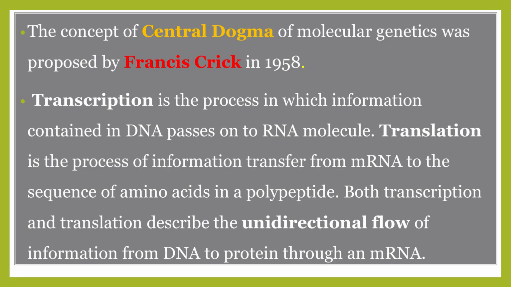So, let us come to the central dogma which was proposed by Crick in 1958. That concept explains how information flows from DNA to DNA by means of replication. That is generation to generation information flow by means of replication, but how does information flow from DNA to protein, that is within a cell.